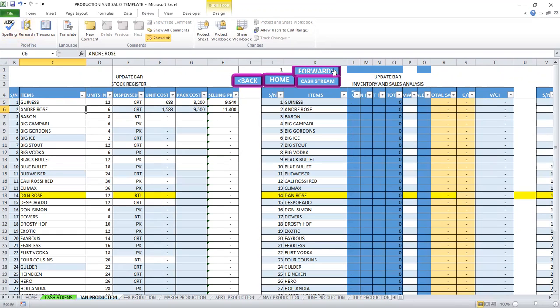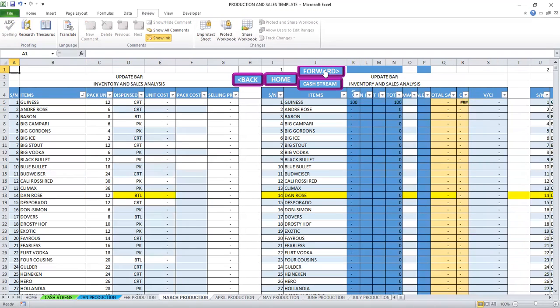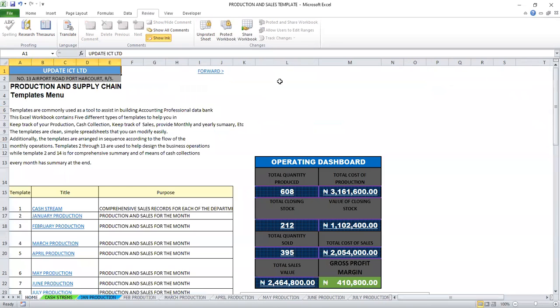I go to February. Let's say I move to February. The next month, you can see it has changed. The product has changed. You can see in March, the product has changed. Just like that, it keeps updating. So whatever we are doing,